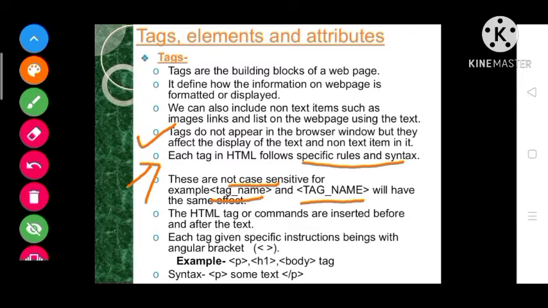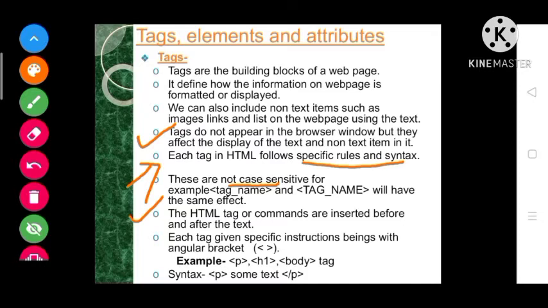Means they will not show different effects. So it is a completely non case sensitive language. Next, HTML tags or commands are inserted before and after the text, and it depends on the type of the tag. Afterward I will discuss it.